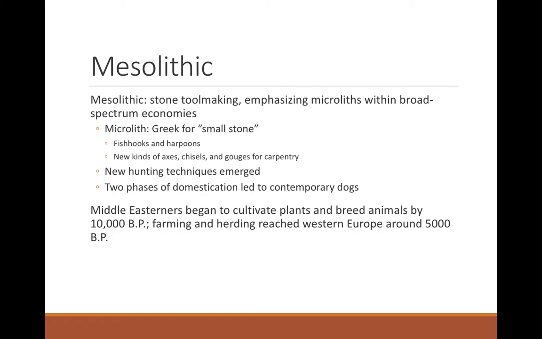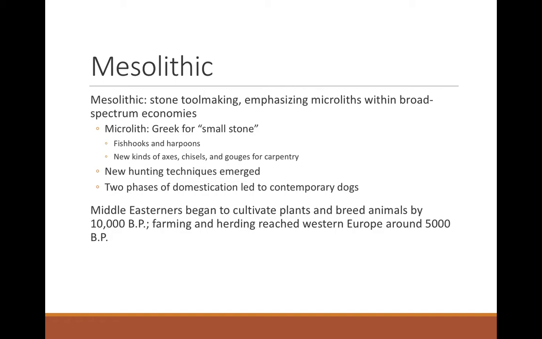We also see the emergence of a new style of projectile point. Anatomically modern humans that moved into the New World following megafauna brought with them certain kinds of spear points, and then the technology of the atlatl to be able to throw the spear farther and harder. It's during the Mesolithic that we see the emergence of bow and arrow technology. And so, think about hunting shorebirds, for example, going geese or duck hunting. You need a bow and arrow. You're not going to be able to throw a spear far enough to shoot down these waterfowl after your domesticated dog may have flushed them out of their nesting grounds or hiding points.